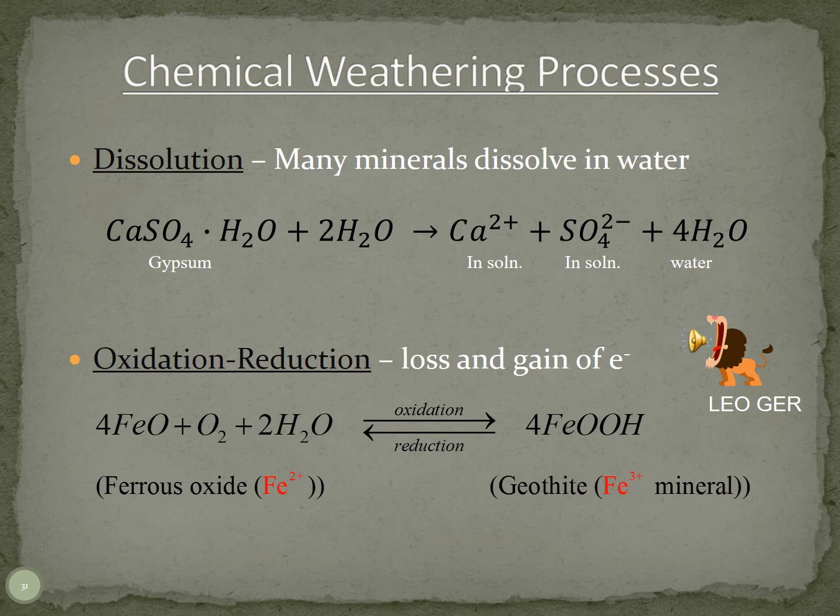So if we gain an electron, then we're undergoing reduction and coming down to 2 plus from 3 plus, right? So if we gain an electron, we're knocking 3 down to 2. Whereas if we lose an electron, this is going to become more positive. And so we undergo oxidation to move to a 3 plus. And so that's just kind of a little brief introduction into oxidation and reduction, which becomes important in wetland and soils where we have a fluctuating water table. We'll see some beautiful examples of soils that have undergone oxidation and reduction later on in class.